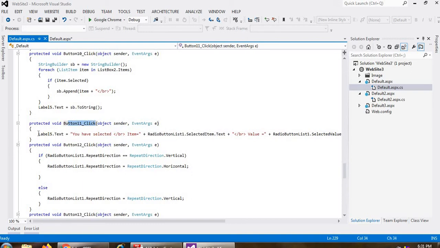And here I want to display my data in Label5. So here I have written Label5.Text equal to, here I have mentioned the simple message You have selected, then a line break, then Item equal to RadioButtonList1.SelectedItem.Text.